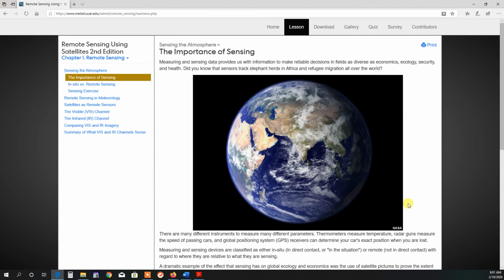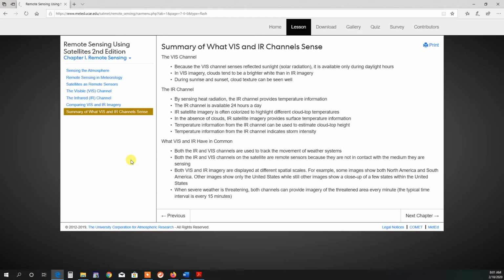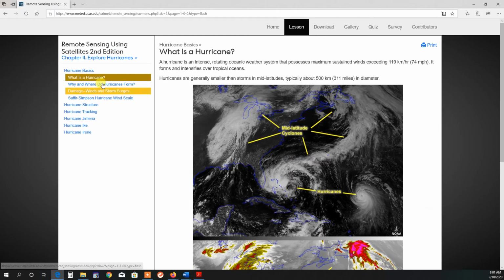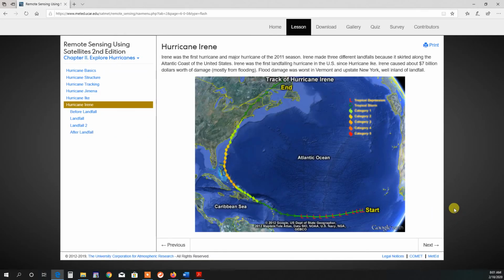Now when you're done, let's go back up here. Let's say we go to the very last slide. Let's say that's where we are. We go to next chapter. This is when you're completely done. You're going to notice that you have more. So we're looking at hurricanes, different ways that we can track